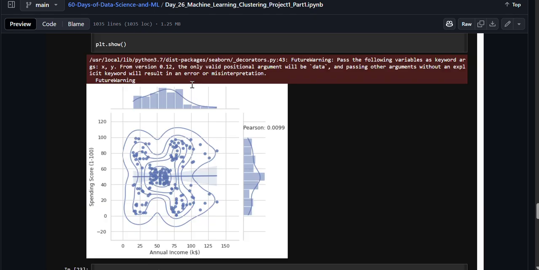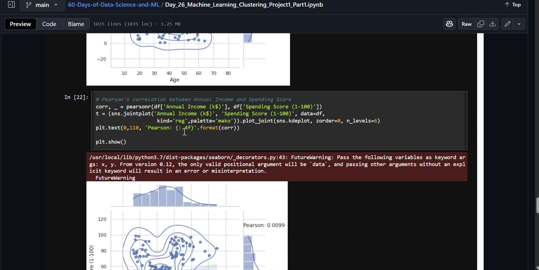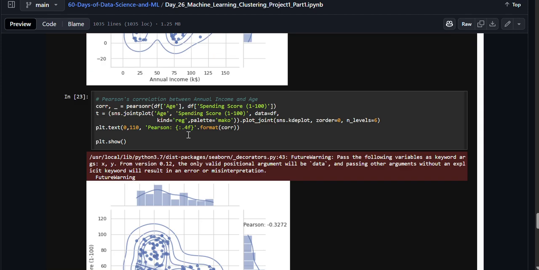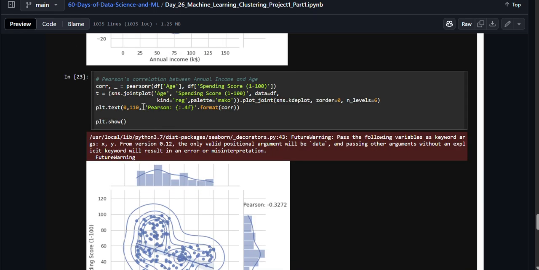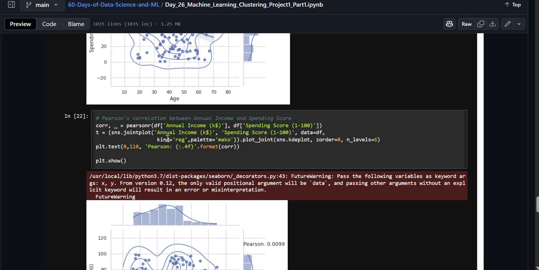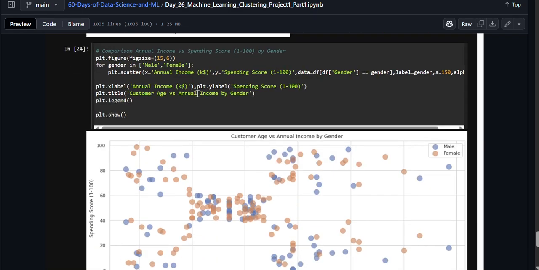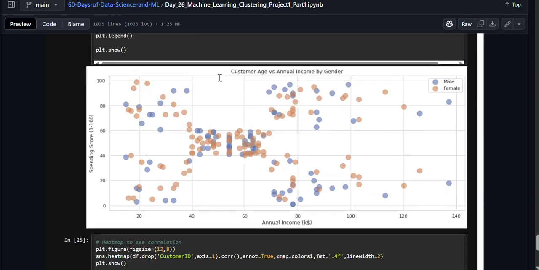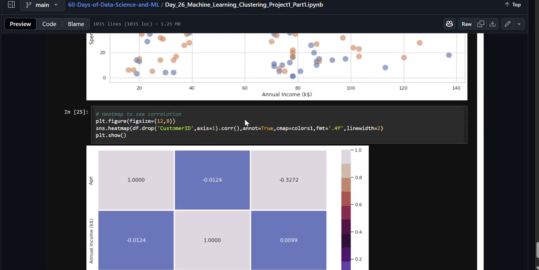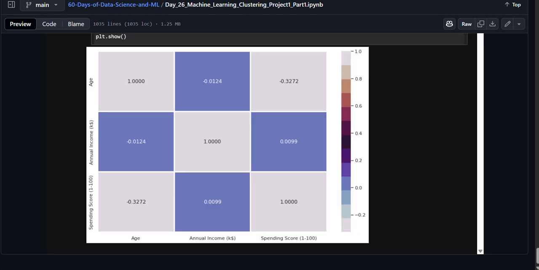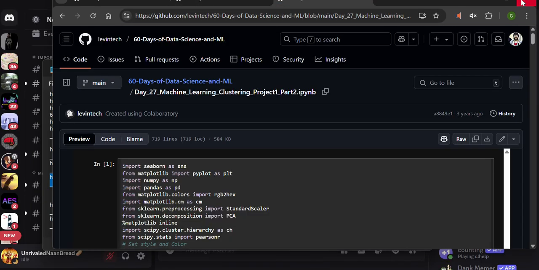I guess the type of one of the variables here is changing, not sure which one, but it's giving different correlation values. Maybe it's this right here. Anyways, and then we have the comparison of annual income versus spending score for this. And then customer age versus gender, finally ending off with a heat map. And then we have our third